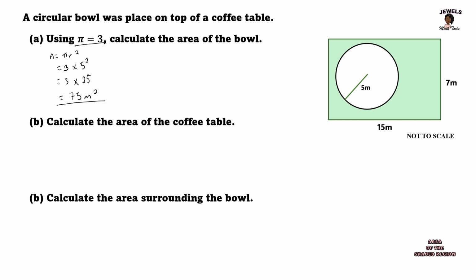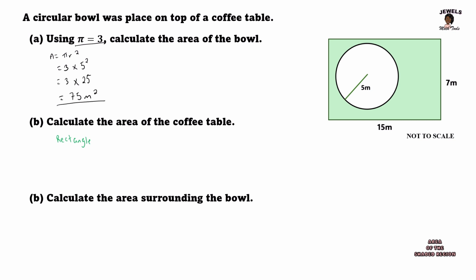Now, part B of our question tells us that they want us to calculate the area of our coffee table. If we're looking at our coffee table, which is the green shaded area of our diagram, we can tell that this shape is a rectangle. You can tell that the shape is a rectangle simply because we have 15 and 7. With a rectangle, the measurements are going to be different lengths, whereas with a square, both sides would equal the exact same measurement. So because we're working with a rectangle,